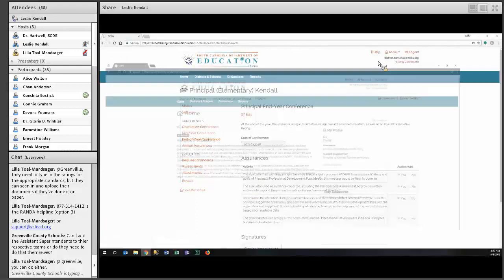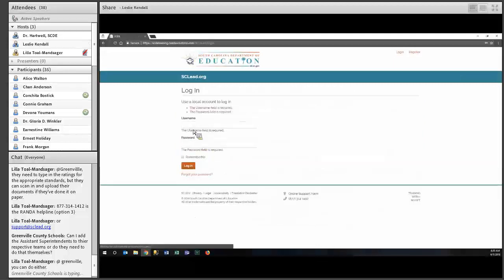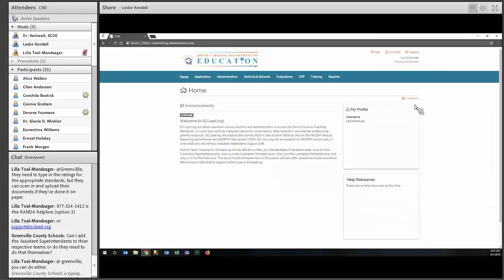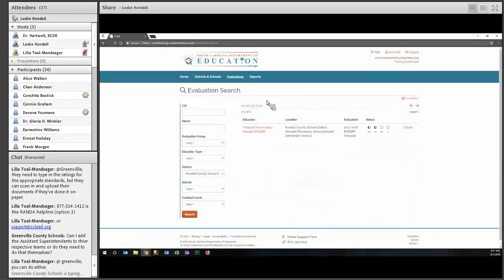So I'm going to switch over and show you the system from the principal's view. And again, I'm going through a testing dashboard. This is not something that you all would see or do. This is just in our training environment, so I can show you the different roles.